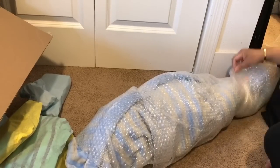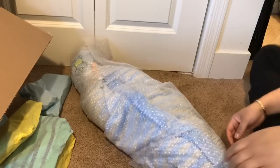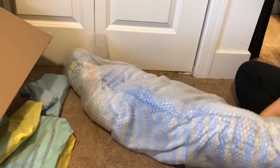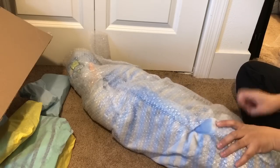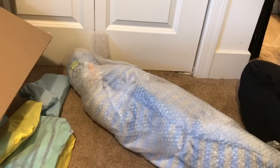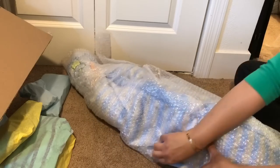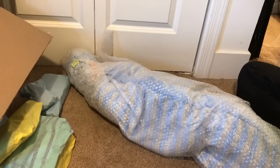Okay, let me go ahead and just, oh my gosh, it's like a person. It is basically like, he's like child size. Oh my gosh. I don't even think he's fitting the screen, you guys, as I'm wrapping him. I'd be surprised if he was. Okay,